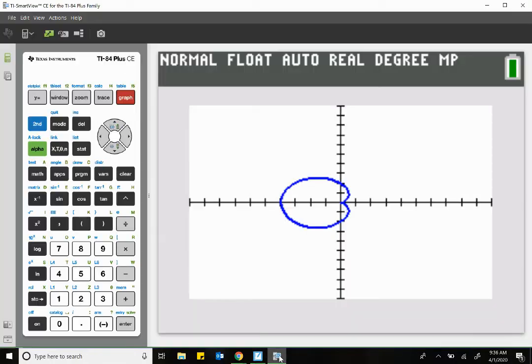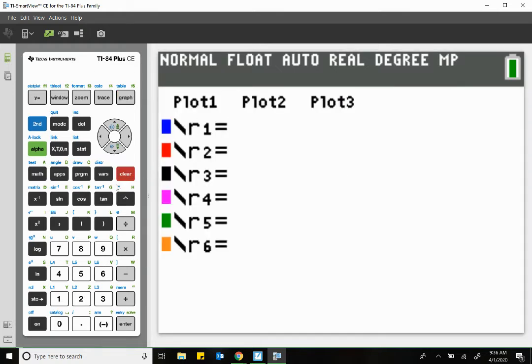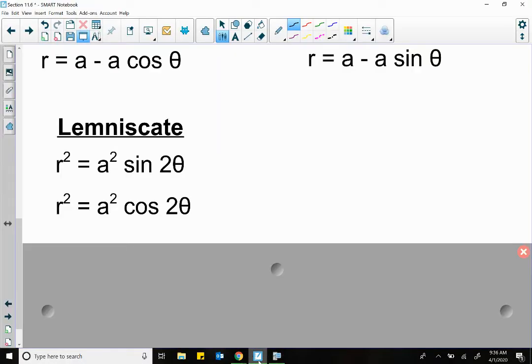Come in here. Now you actually have to do 2 of these in order to make it because you're going to take the square root of both sides. So that means you're going to have a positive squared piece and a negative squared piece. So let's just say a is 2. So that means we have 2 squared, which is 4. And make sure I put in the